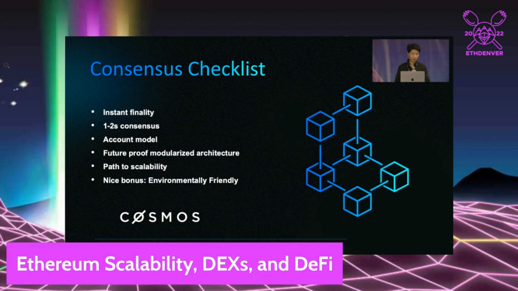Fast consensus. Just because it's an order book at the end of the day, it changes quickly. You don't want to update it too slowly. And obviously, an account model rather than a UTXO model, and ideally, a huge plus would be an account sub-account model, which allows for permissioning for trading, deposits, and withdrawals, similar to a centralized exchange, and similar to how institutional users on top of these centralized exchanges generally interact.